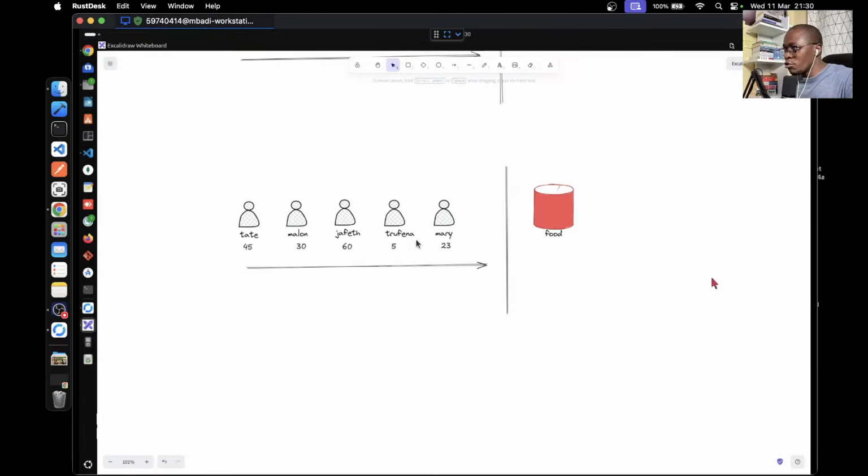The next iteration, because bubble sort works after every move. After you've moved, it goes back and starts at the beginning of the list. So again, it comes and starts here. It says, is Mary older than Trufena? Yes. Leave them alone. Don't swap them. It goes to the next person. Is Trufena older than Japheth? No, Trufena is not older than Japheth.